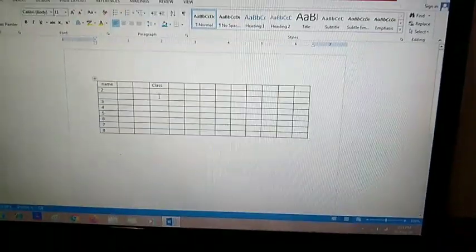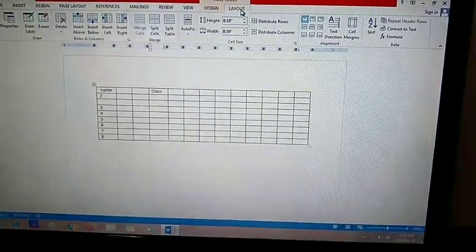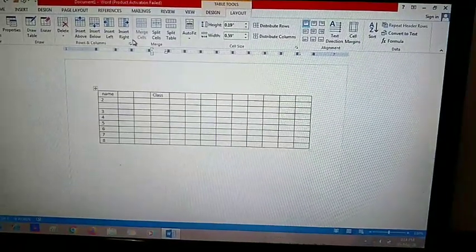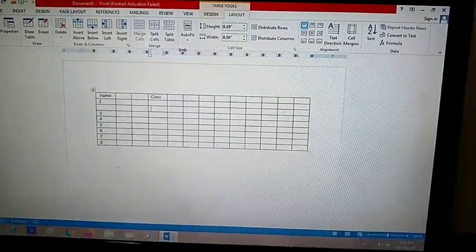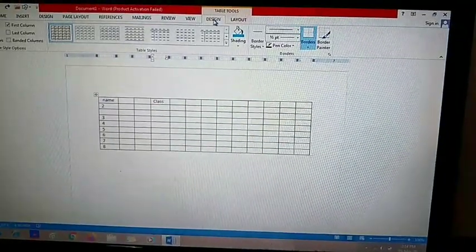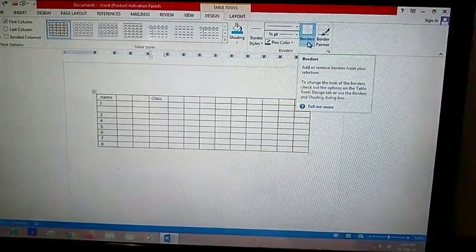Now see how you will apply borders to your table. For applying borders to your table, you will go to this layout option, and there you will get the border option. Not on the layout option, it is on the design tab. You will go to the design tab, and there you will get one border option like this.